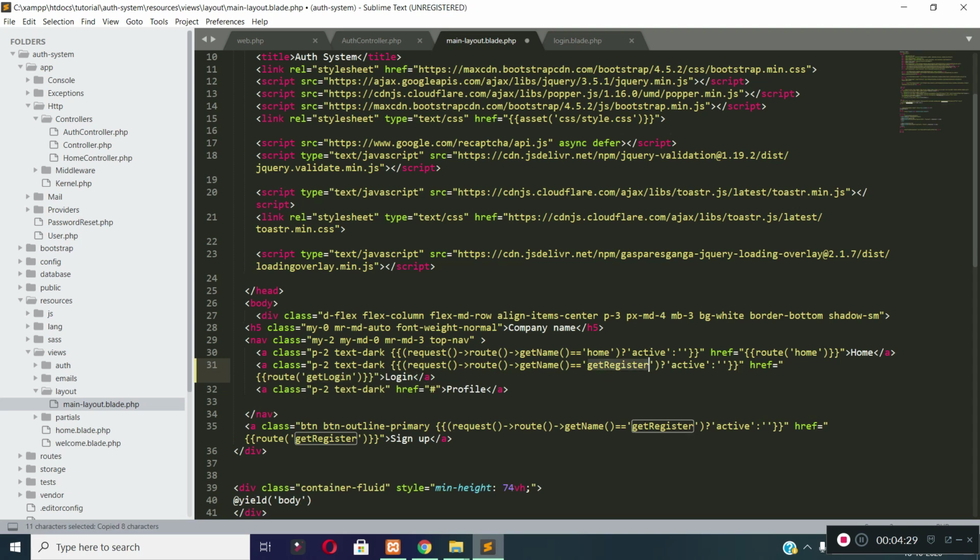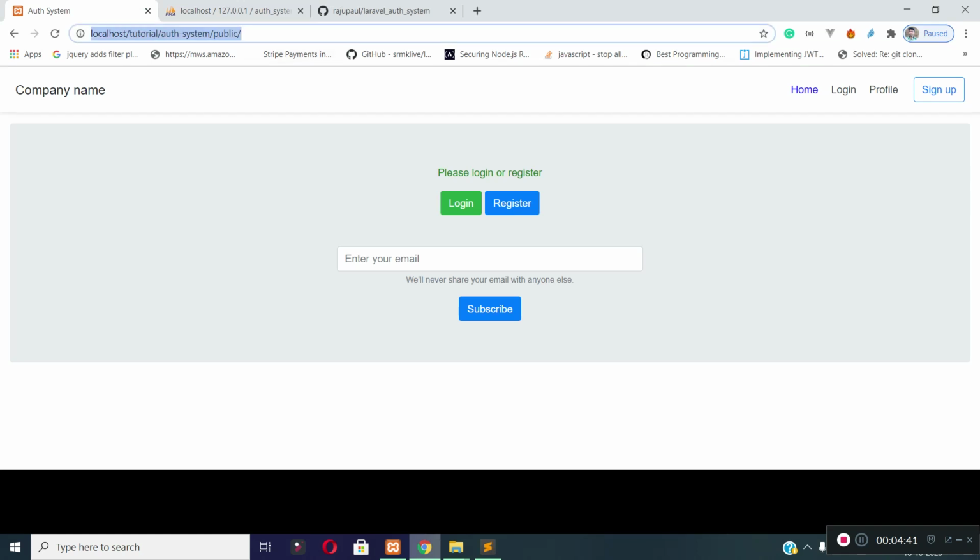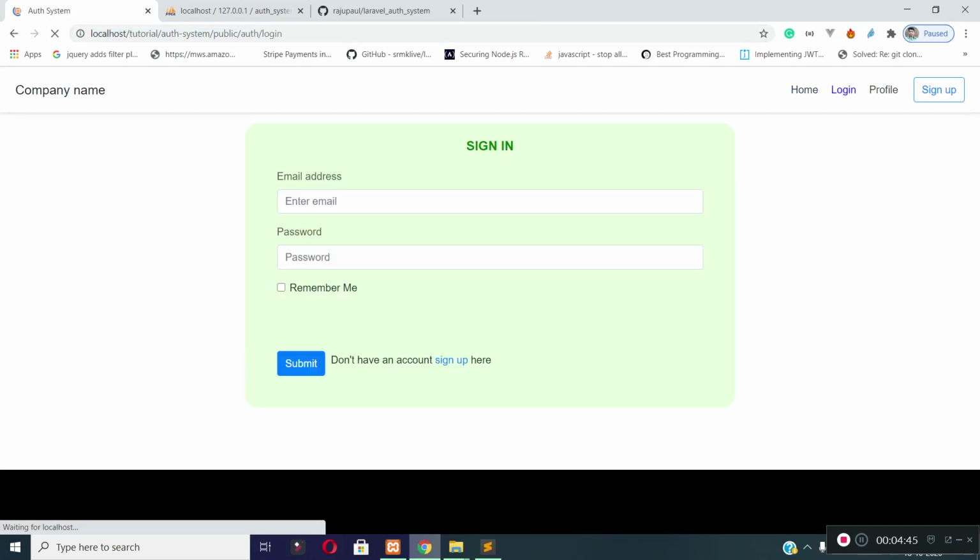So I am checking if the current route name is get login, then I am adding an active class to this login button, I mean login link. Now let's refresh the page and click on this login link. You can see we are in the login page and our login button is active.